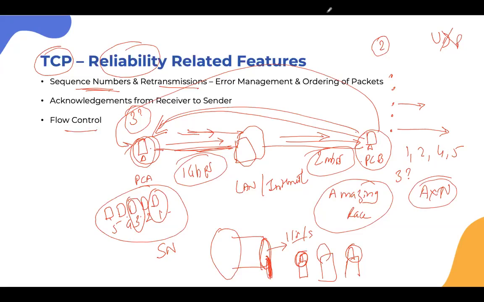So when you give numbers to the packets, it allows you to reorder them. It allows you to retransmit in case of loss of packets. There is always acknowledgement from a receiver to the sender, and there is always flow control where the receiver tries to control the rate at which a sender is sending information. So these are all good features to have, solid, reliable features to have. In fact, if you look at these features and you put them into a guy, you'd say, hey, he's a good guy, he's a reliable guy. That is TCP,